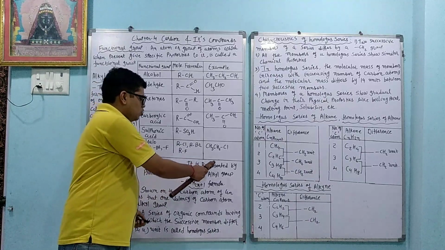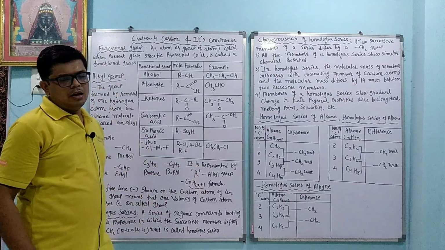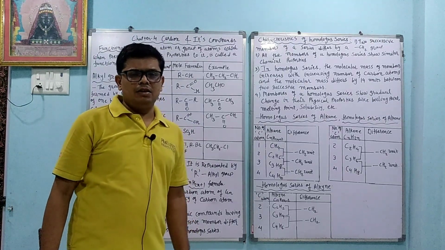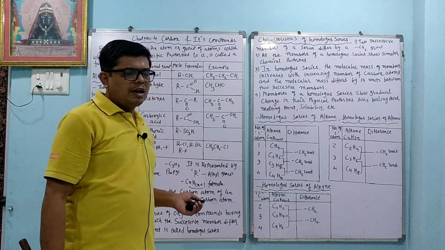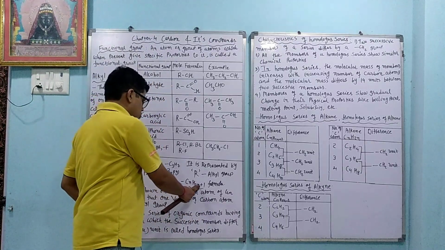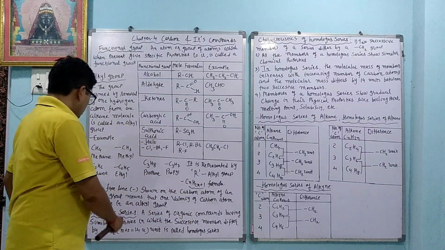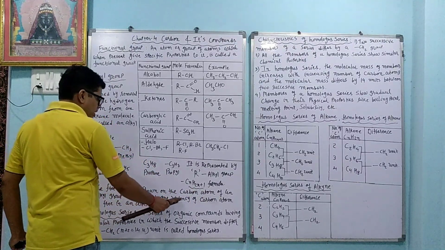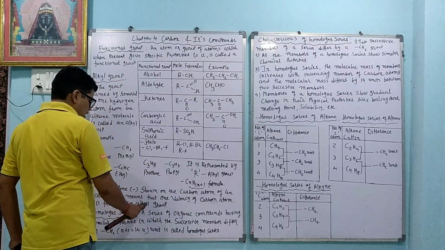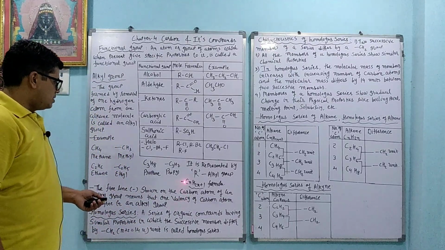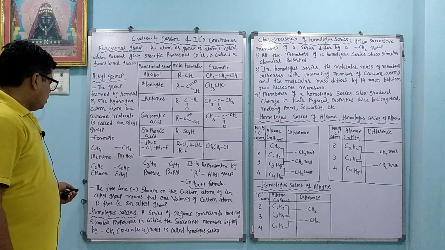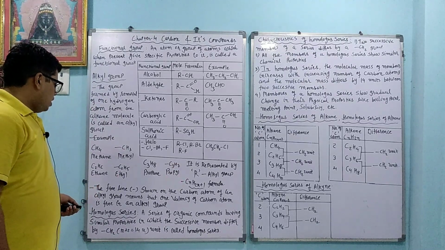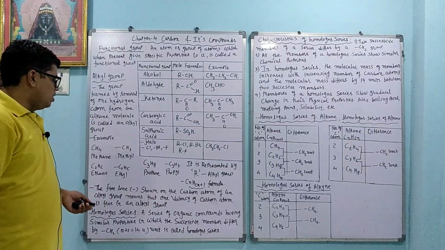Okay, now the alkyl group is represented by what? Capital R. In physics, R indicates resistance. In maths, R is related to numbers. But here R is what? Alkyl group. Its common formula is CnH2n+1. The free line shown on the carbon atom of an alkyl group means that one valency of the carbon atom is free. So here you can see the dashes in methyl, ethyl, propyl. The dash indicates that one valency of the carbon atom is free in the alkyl group.